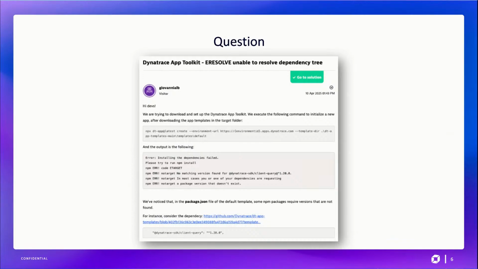Moving on to the next one, we have a question related to the toolkit. Danny here used the toolkit before. He has experience with this. Giovanni tried to download and set up the Dynatrace app toolkit. You execute a specific command line to initialize the new app, and you get the app templates in the target folder. However, you get an error which says that installing the dependencies has failed. Danny,